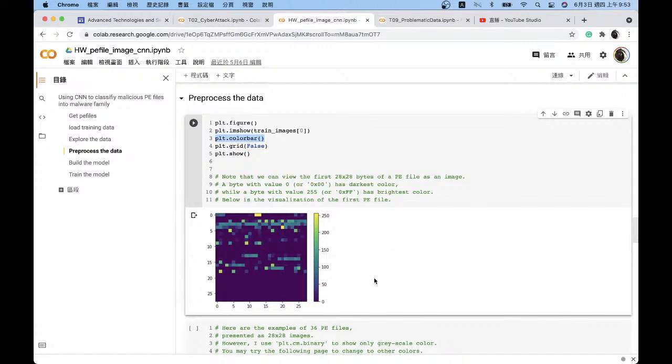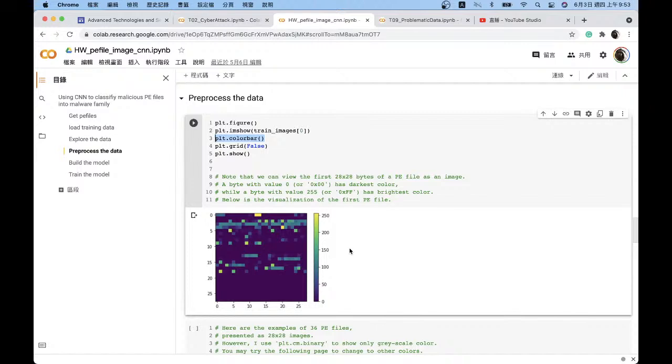So we can see that here is a pattern, right? Because the human brain is very powerful, we can see that there are some patterns right here, even if they are simply some random bytes or some code in your original PE files. But human brains are incredible. We see there are some patterns right here. There are some yellow dots, some green dots. Although we don't exactly know what it represents,